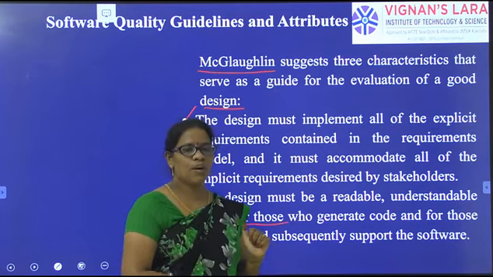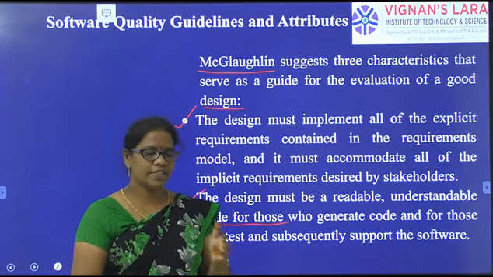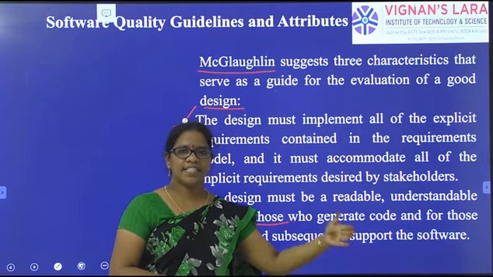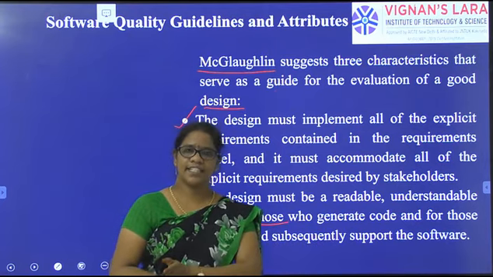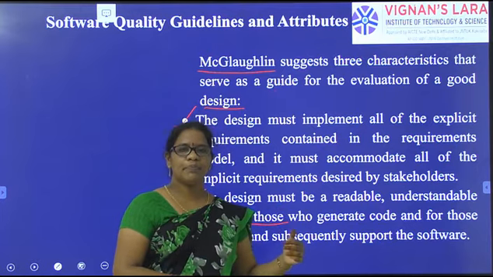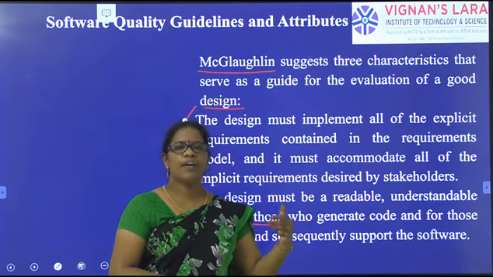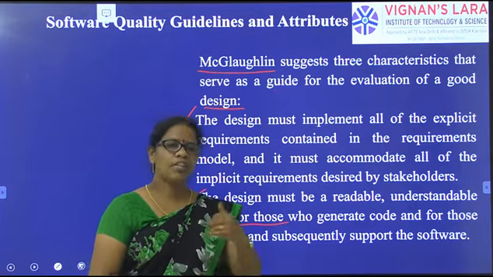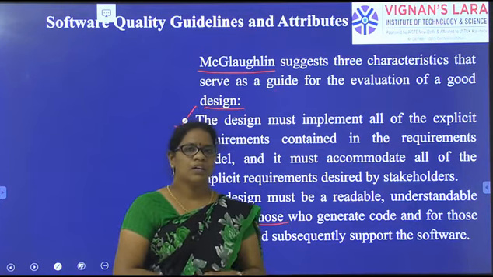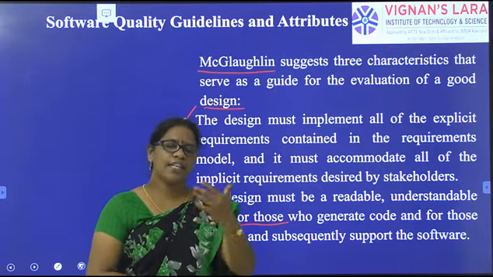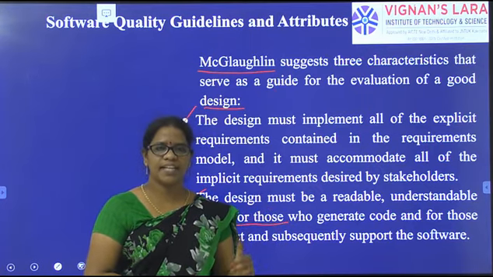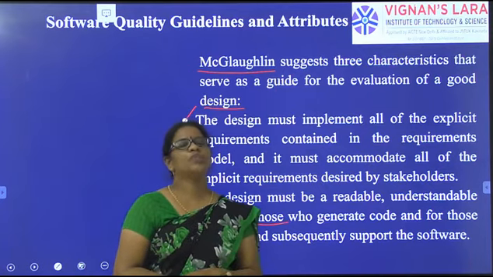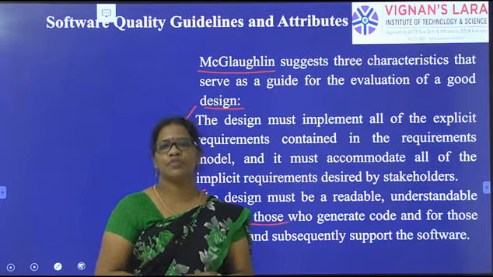For who? Whatever design process you implemented, there are developer teams, and the group is divided into some groups. One is a designer team, one is a coding team, one is a testing team. So whatever the design people design, it should come with a guide. It should be understandable to the coding people, then only they will write the correct code. If the coding team doesn't know the design, and they write their own code, then what is the use of the integration of those two? Integration means combining those two.